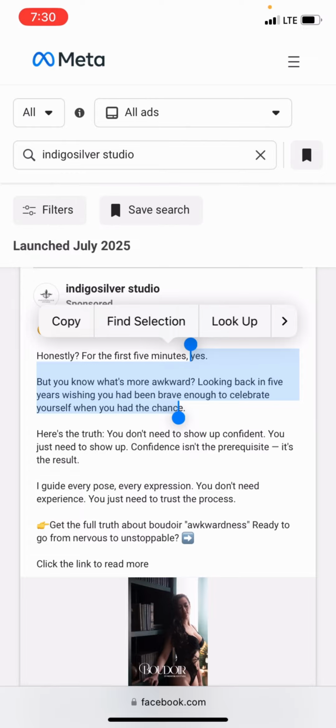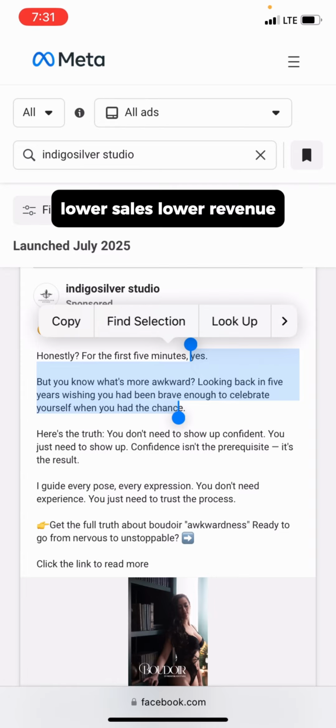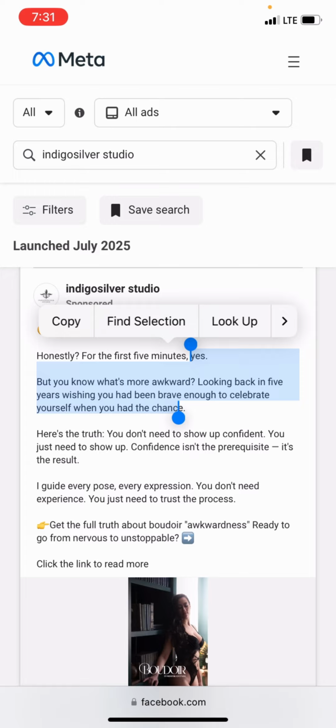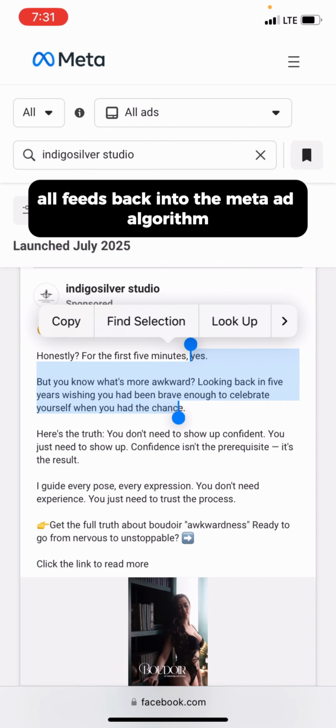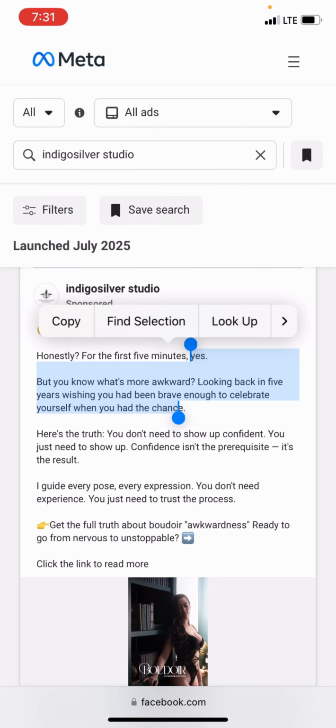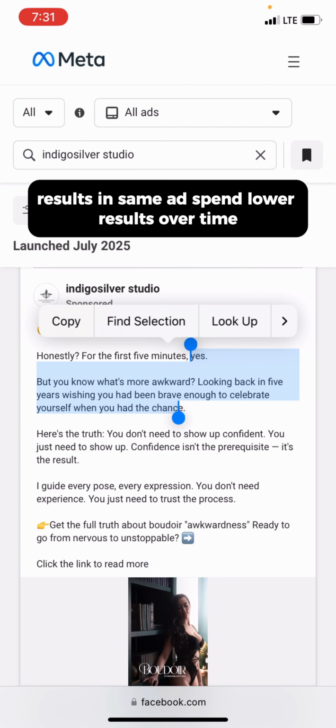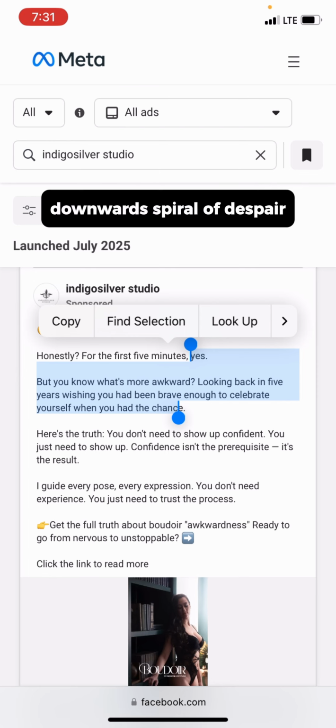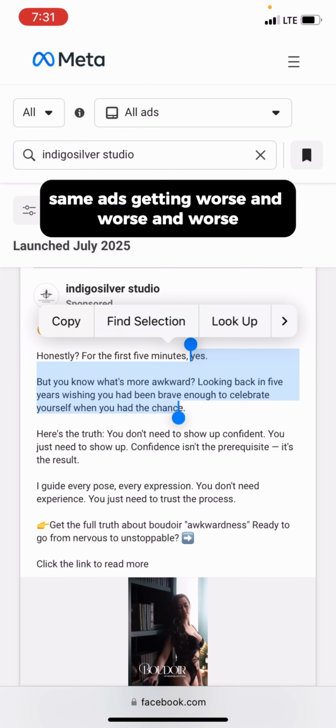objections, lower sales, lower revenue, lower bookings, fewer conversions, lower ROAS, all feeds back into the Meta ad algorithm, and our ads go to worse quality Meta profiles for tranche 2, which all things being equal results in same ad spend, lower results over time, downward spiral of despair, same ad spend, worse and worse results over time, ads dying out, ads burning out,